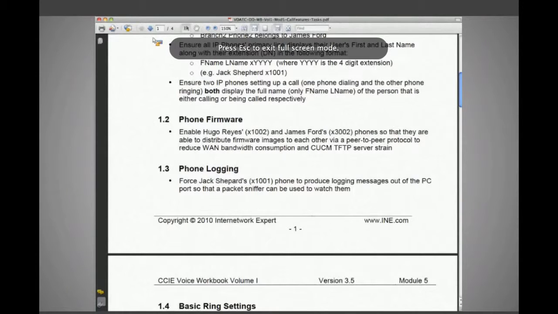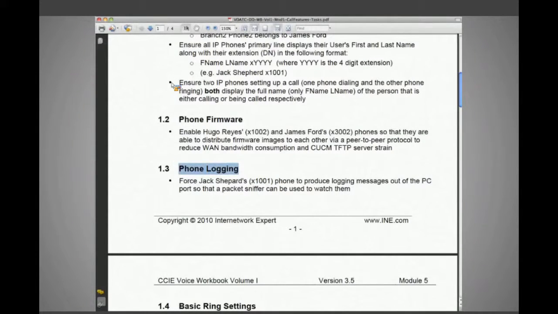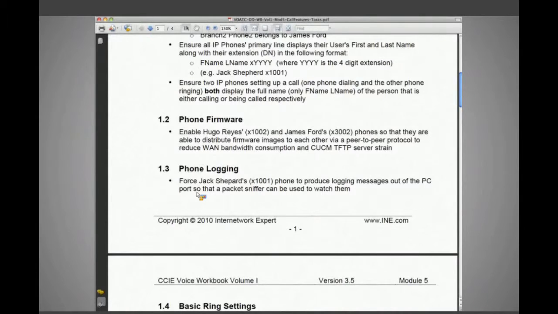Okay, so task 1.3, phone logging. We're told to force Jack Shepard's phone at extension 1001 to produce logging messages out of the PC port so that a packet sniffer could be used to watch them. Okay, interesting. Take a look back at our